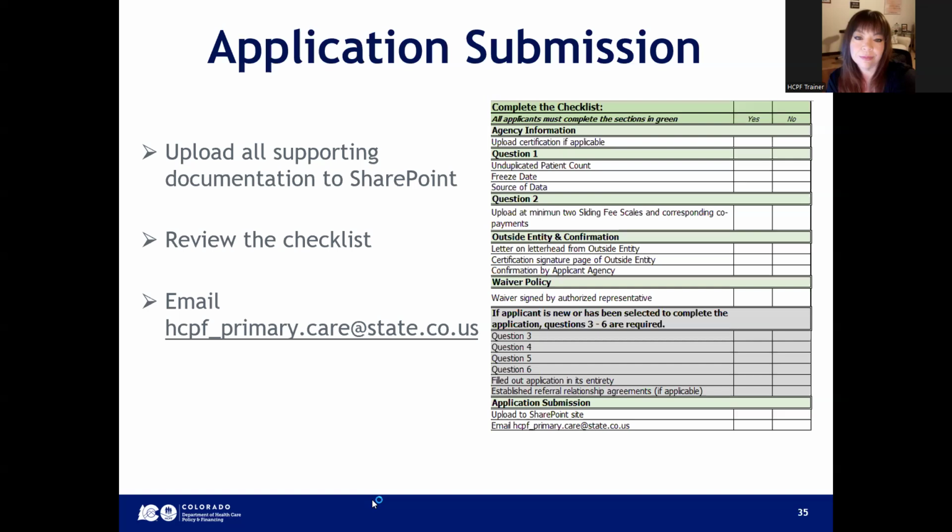Now you've finished filling out your application. We've gone through all of the tabs and it's time for you to submit. Please make sure that you have completed the application in its entirety. I still recommend using the checklist to make sure that all those tasks have been completed,